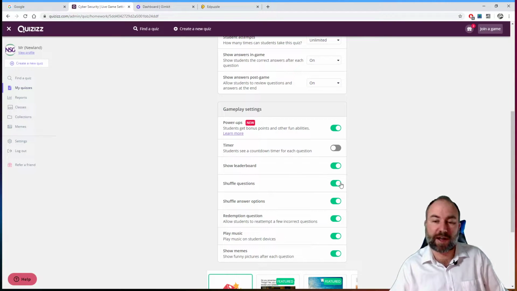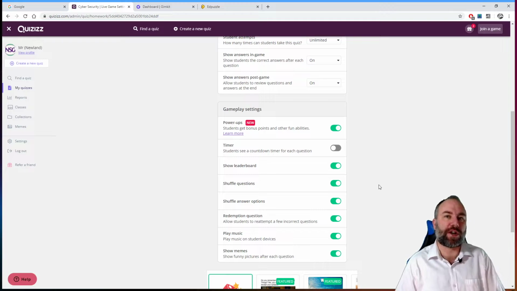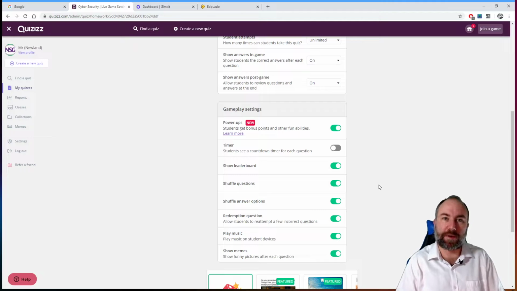Shuffle questions, I had that switched on. I think that's quite good, but that's up to you. Shuffle the answers so the answers don't appear in the same order. I like those kinds of options in a classroom environment because if you've got an IT room with computers right next to each other, students' gaze towards other people's computers is not going to be